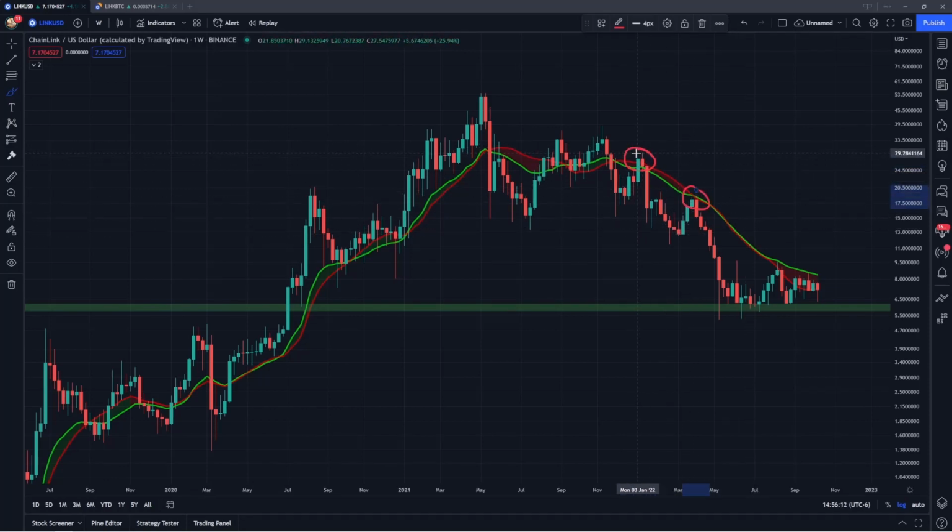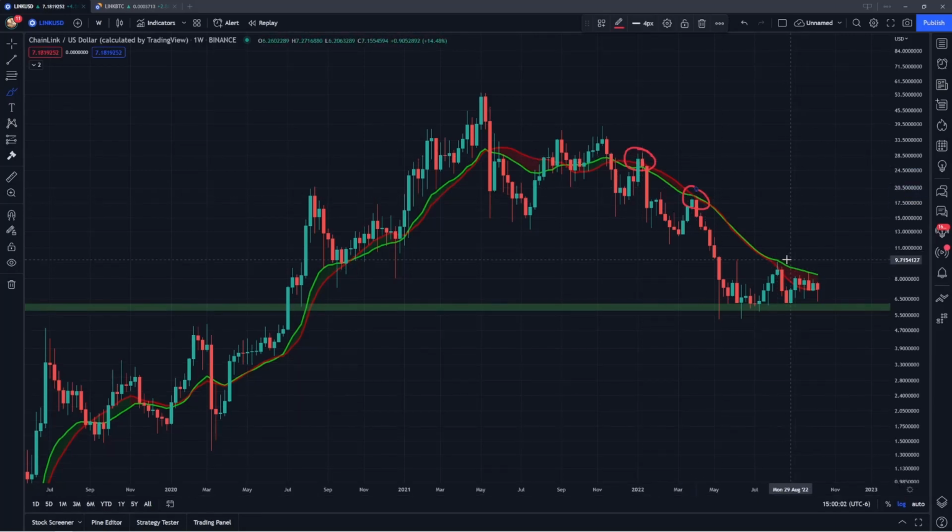And that's been the case ever since we really lost them back here in November of 2021, back when Bitcoin formed its all-time high. So we had this rejection right here in January, another one in March. Then back in August, we had another rejection, and ever since the last few weeks, we've just been coming back up to this level, and all of these candles have been consolidating right under the 21 EMA, the green line.